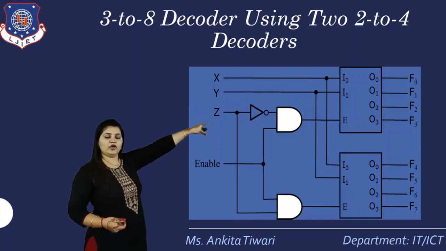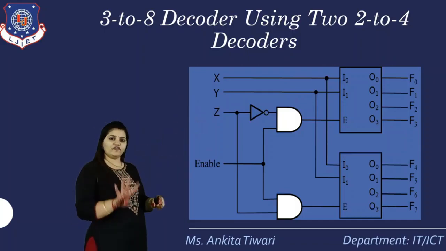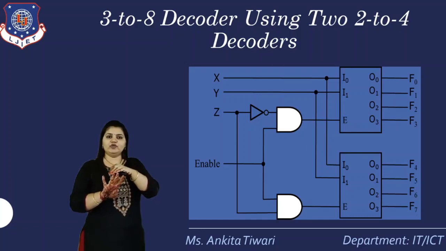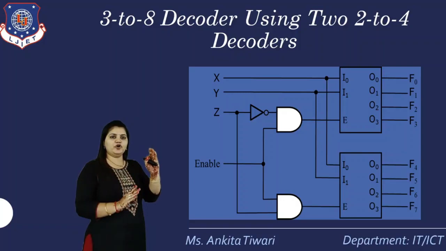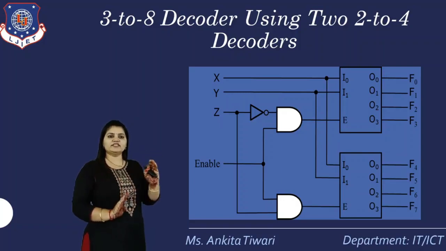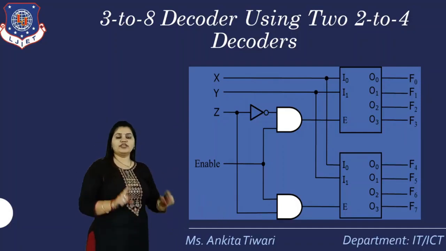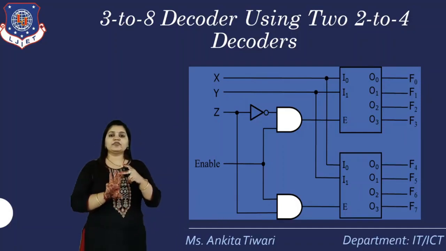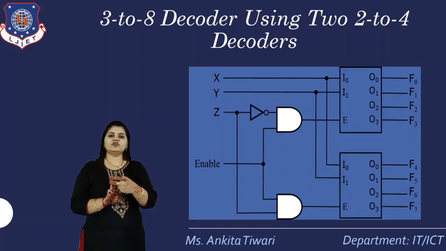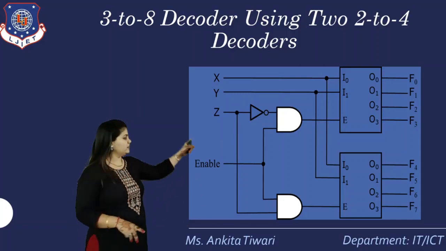So for 0, if I am taking the value, we will consider the third bit as 0. So the 2-bit values are 0 0, 0 1, 1 0 and 1 1. With respect to that, F0 is 0 0, F1 is 0 1, F2 is 1 0 and F3 is 1 1. But if I am taking the enable input as 1 here, then here we will take 3 inputs. With respect to 3 inputs: 0 0 0, 0 0 1, 0 1 0, 0 1 1, 1 0 0, 1 0 1, 1 1 0 and 1 1 1. Like that it will come.